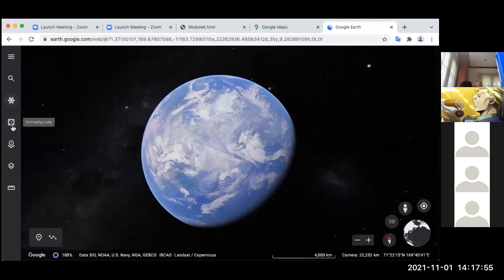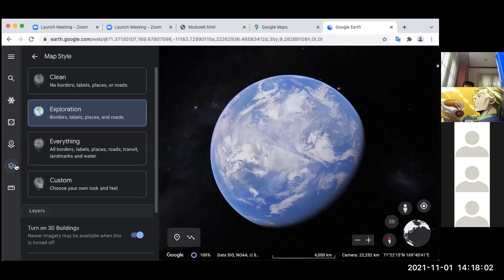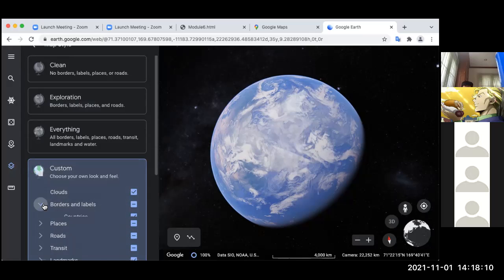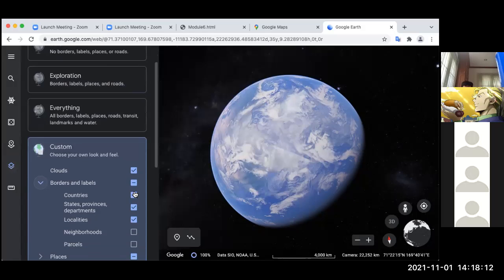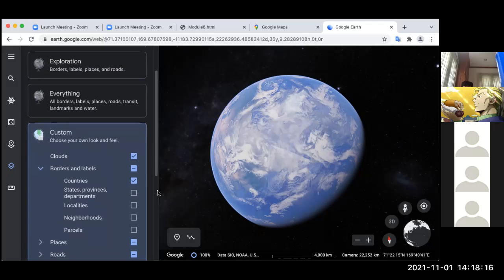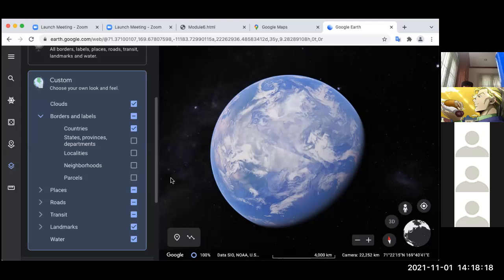Yes, Scandinavia. Okay, let's put everything there. We want borders and labels. Countries. Estonia, United Kingdom, Germany, Netherlands. Well, not quite.